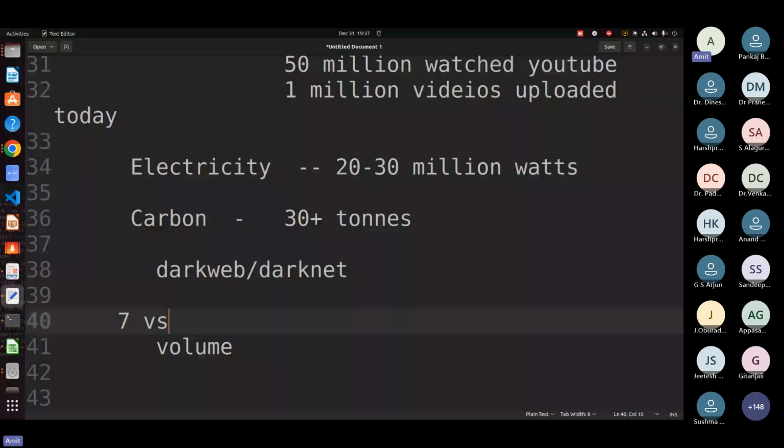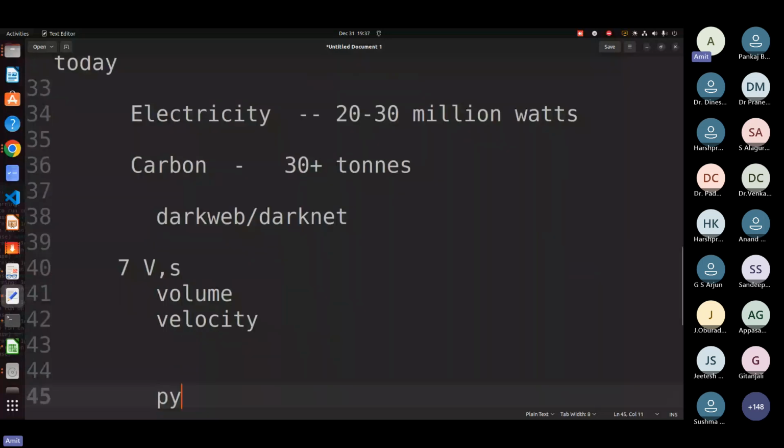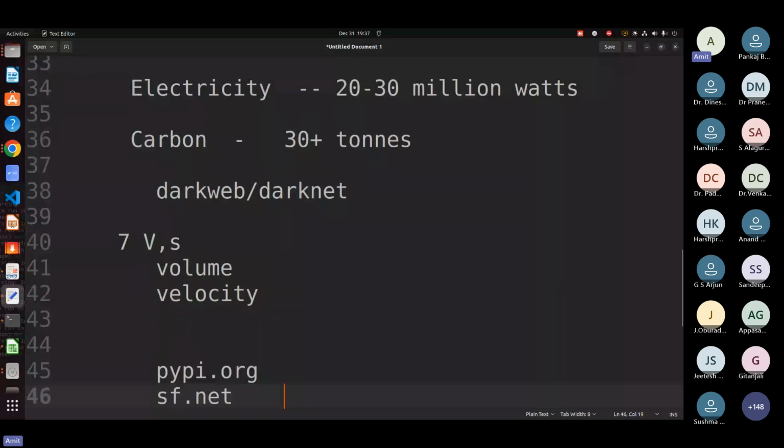In terms of big data, volume is increasing exponentially. Then velocity means, if you see py.org or sf.net, or if you see our